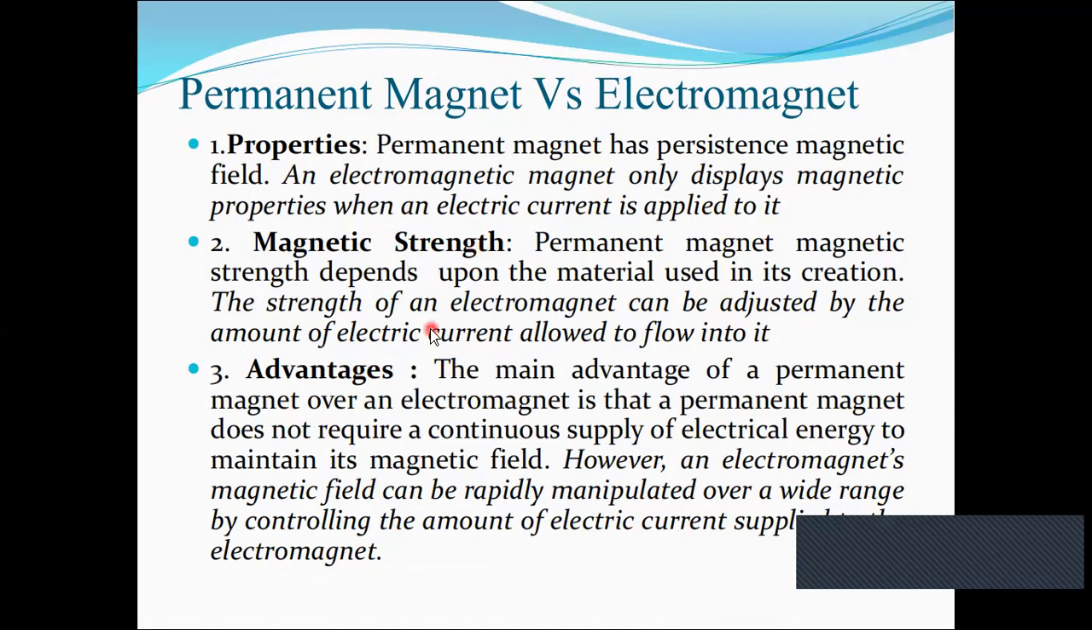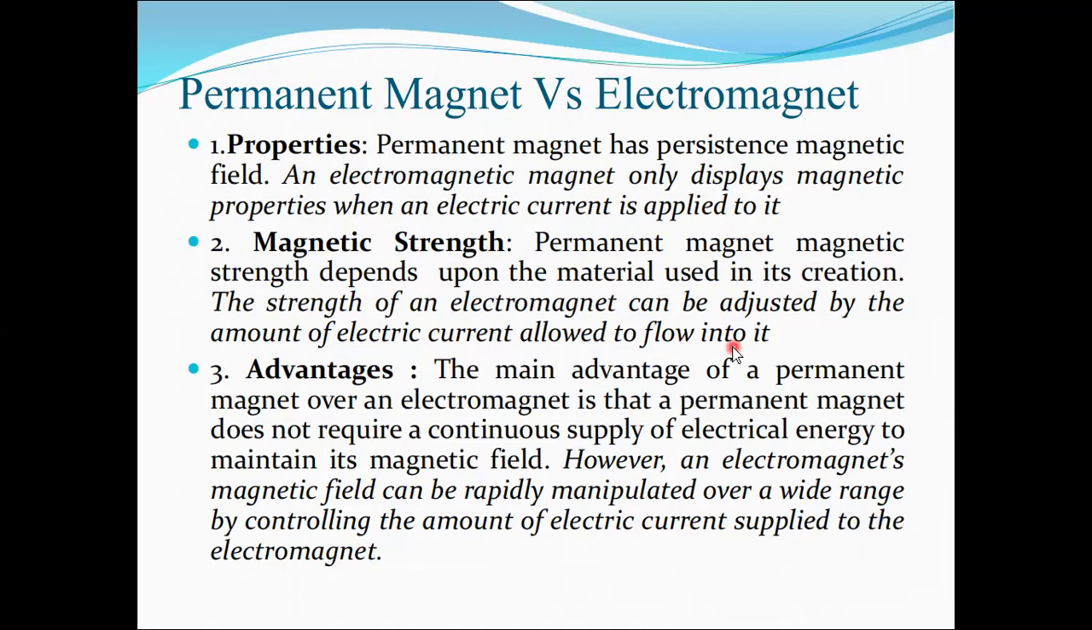There are another two properties. Magnetic strength: a permanent magnet's strength depends upon the materials used in its creation. The strength of an electromagnet can be adjusted by the amount of electric current allowed to flow into it. That means more flow of electric current will produce a stronger electromagnetic field, and less current will create a low